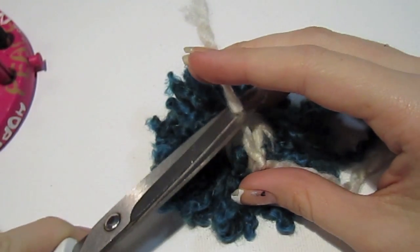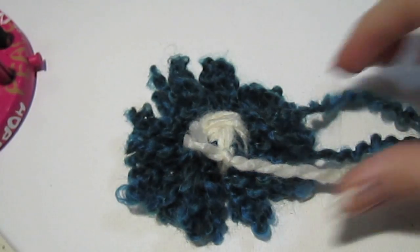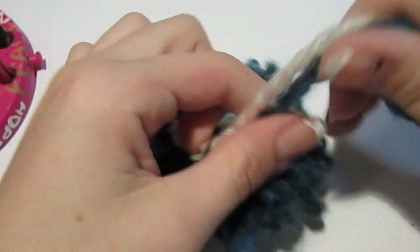I'm just going to cut any really short ends, but I'm going to leave a few strands on there in case I want to attach this to a hat or a